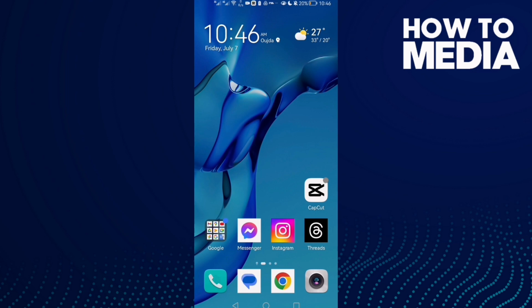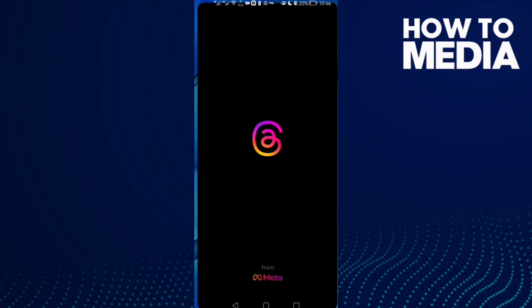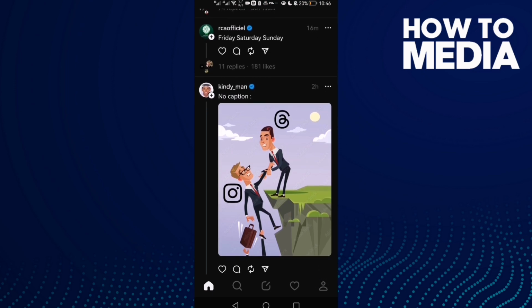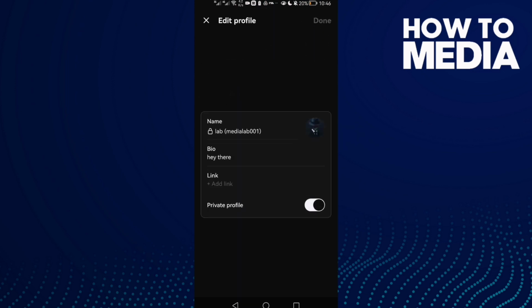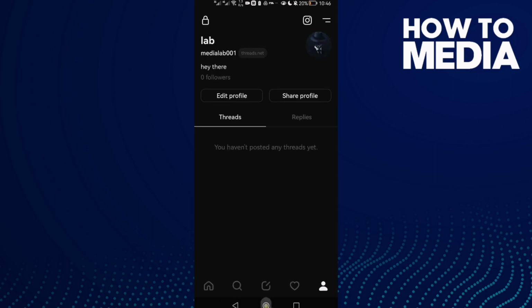If you want to change it, first go to Instagram Threads and then click on your profile here. Now click edit and click on your name. If you can't change it and you see that it's synced with Instagram, now just go back and go to